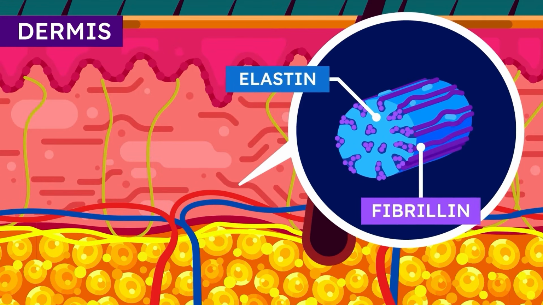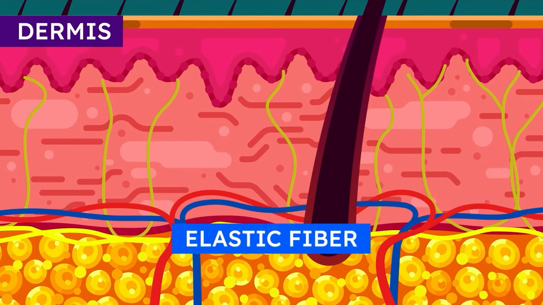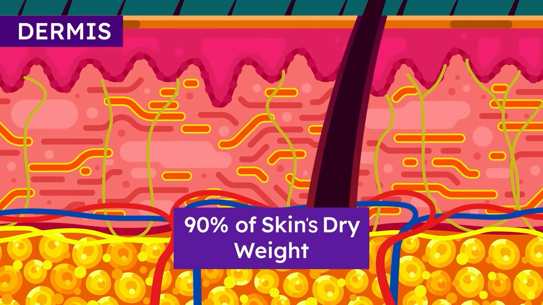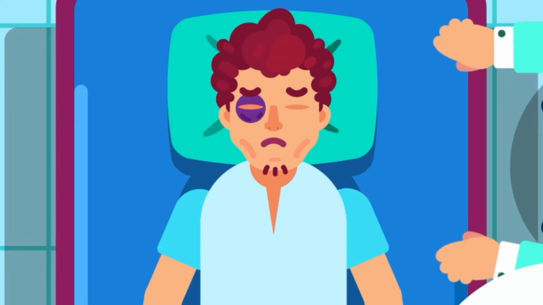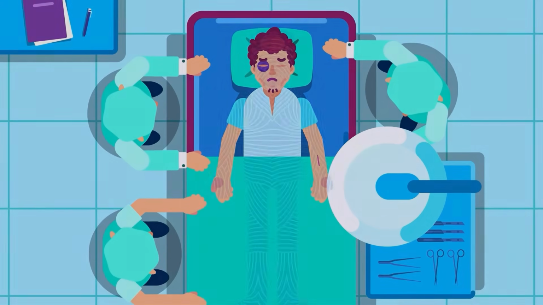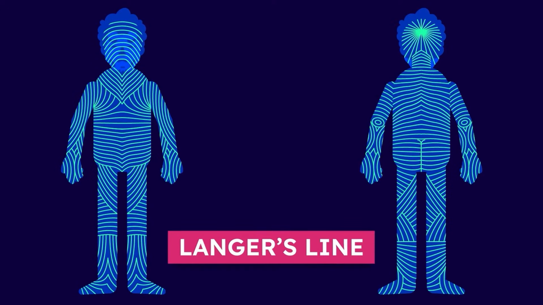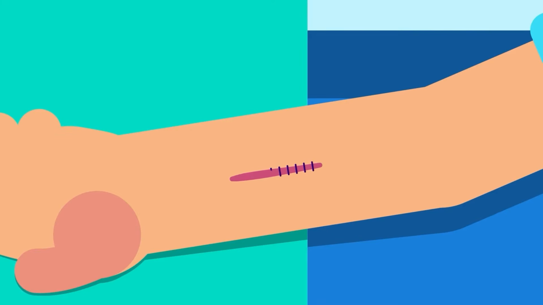Here, elastin and fibrillin microfibrils join and form fibers that give the skin elasticity, while collagen fibers are present to give the structural support. The dermal collagen is also responsible for 90% of the skin's dry weight. If punctured, the cleavage of the skin that corresponds to the orientation of collagen fibers and the elastic fibers is called the Langer's line. It's an important mark for surgery, as wounds parallel to these lines will heal faster due